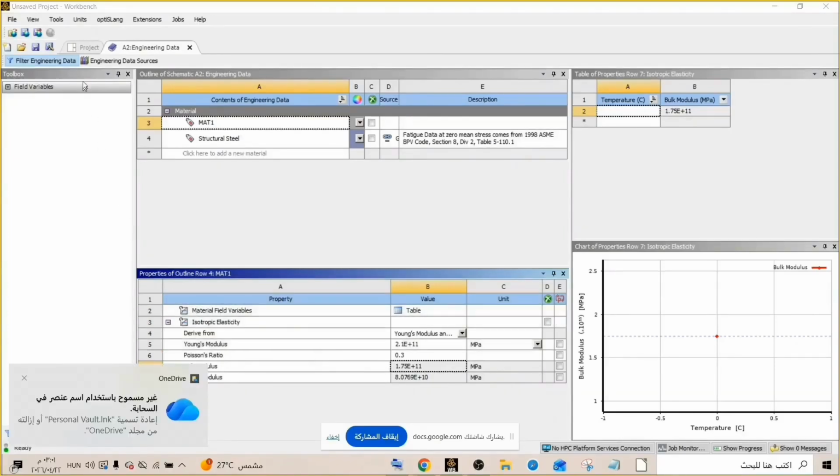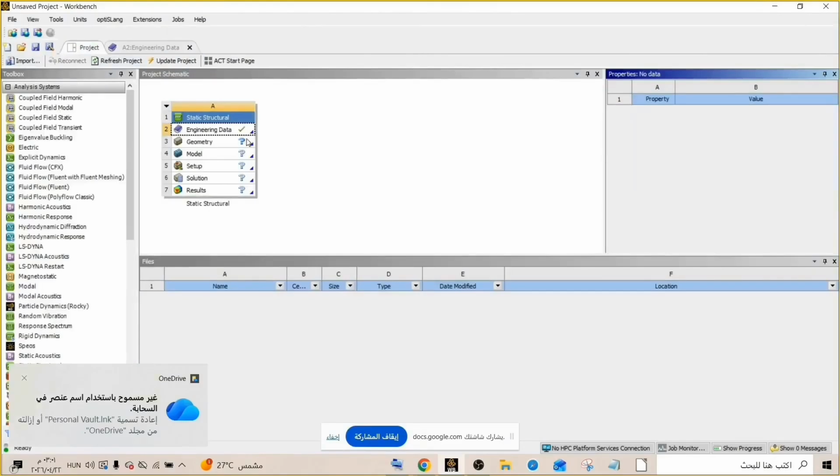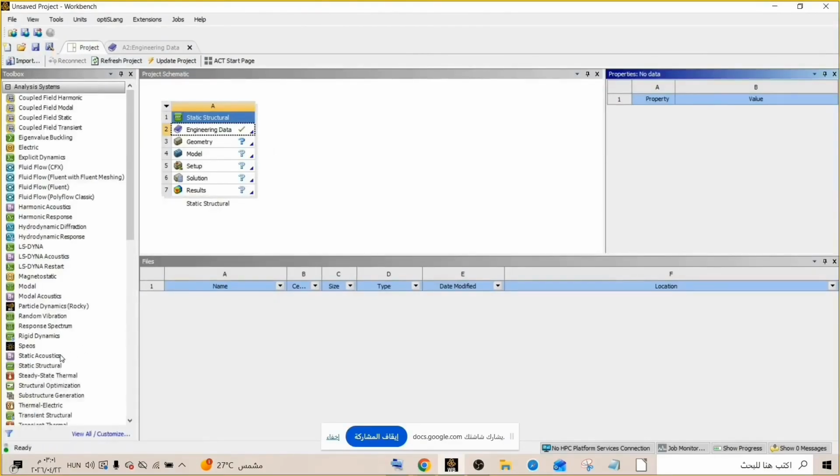So you can type the values, and after that you can click enter.